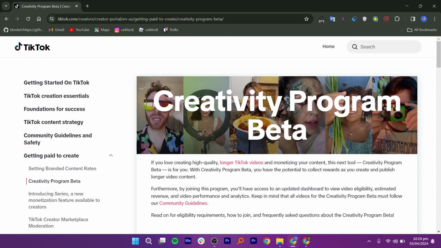After submitting your application, wait for TikTok to review and approve your participation in the Creativity Program. This may take some time, so be patient. Once you are approved, you can start leveraging the benefits and resources provided through the Creativity Program to enhance your TikTok content. Keep in mind that eligibility criteria and specific steps may vary based on TikTok's policies and the region